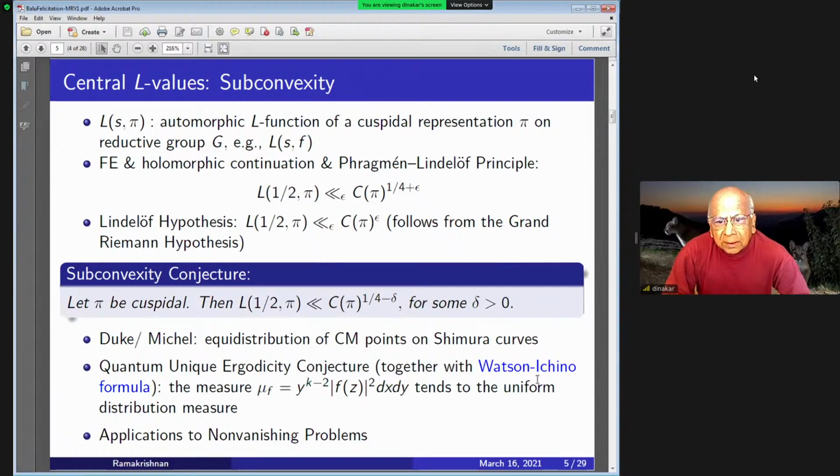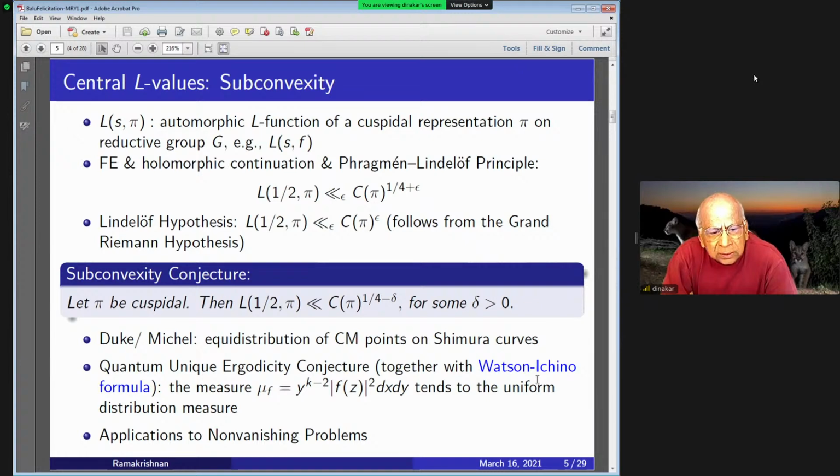And of course, the Lindelöf is very strong, but it says it's even bounded by C(pi)^epsilon. So what is C(pi)? C(pi) is the analytic conductor of pi, which, if you keep the weight or whatever at infinity constant, is really just the level. But you have to also look at the Archimedean factors, and that gives you a conductor. And for example, I'm using the definition of C(pi) given in the Iwaniec-Sarnak paper. So,